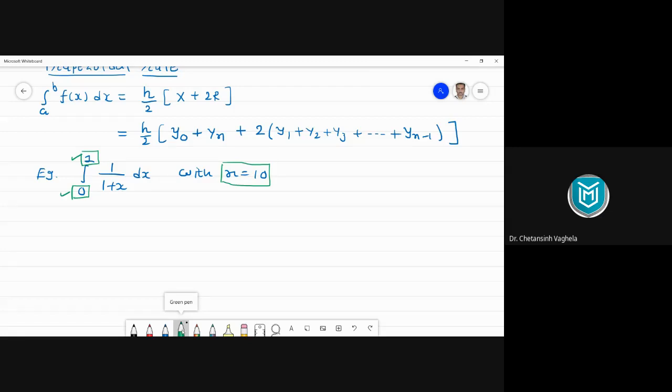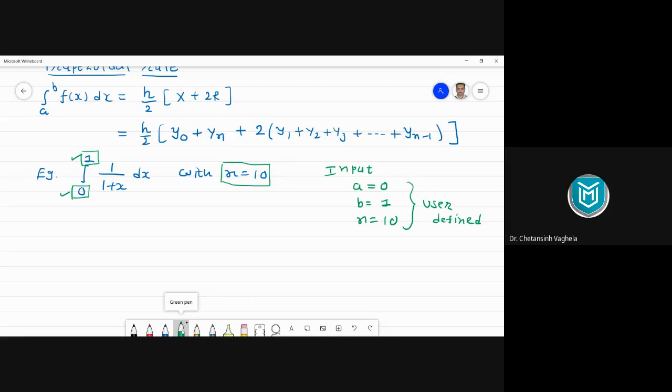Right? So these three values will be input values for us, which we will get from the user. So a equal to 0, b equal to 1, which is your upper limit, and n is equal to 10. These three will be user defined values. That means we will ask the user to enter these three values.